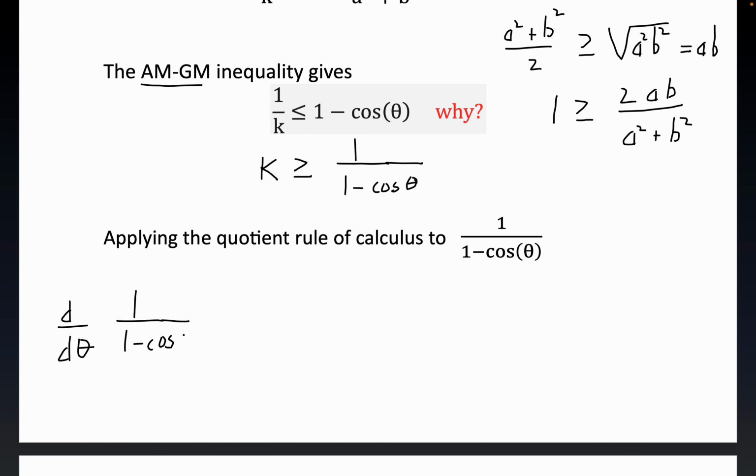Now I won't go through all the steps of the quotient rule, but what happens is that you end up getting the derivative. Let me just write it down. The derivative of cosine is minus sine. There's already a minus sign here, but then there's a minus again because of the way the quotient rule works out. So you end up with minus sine theta